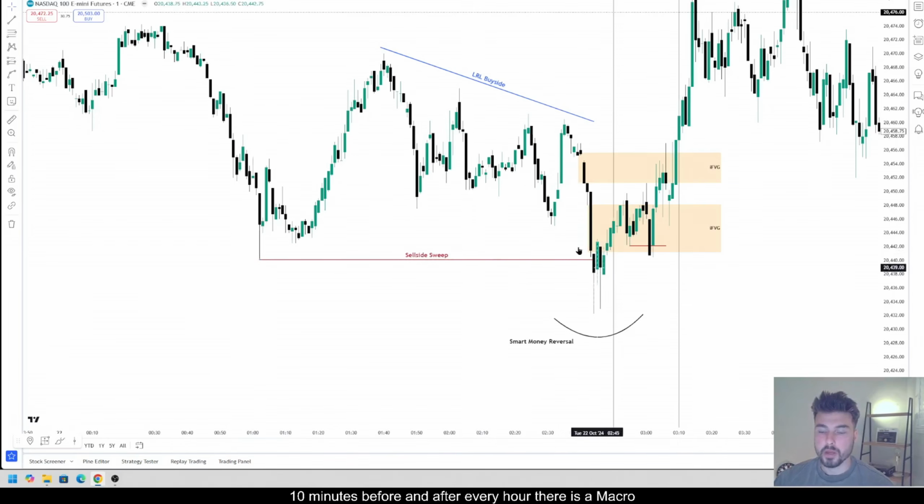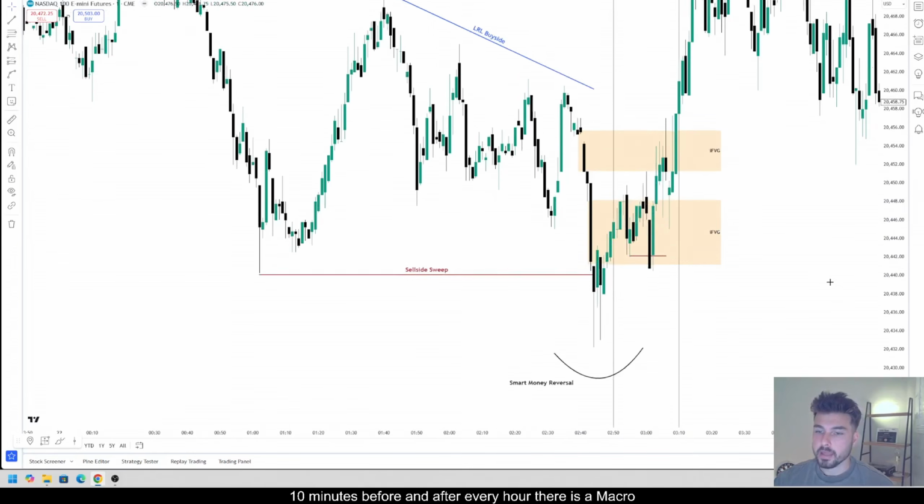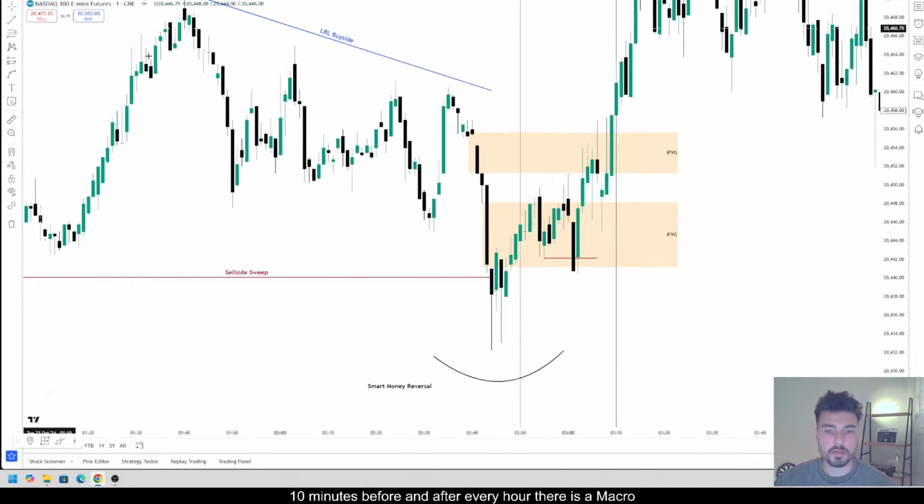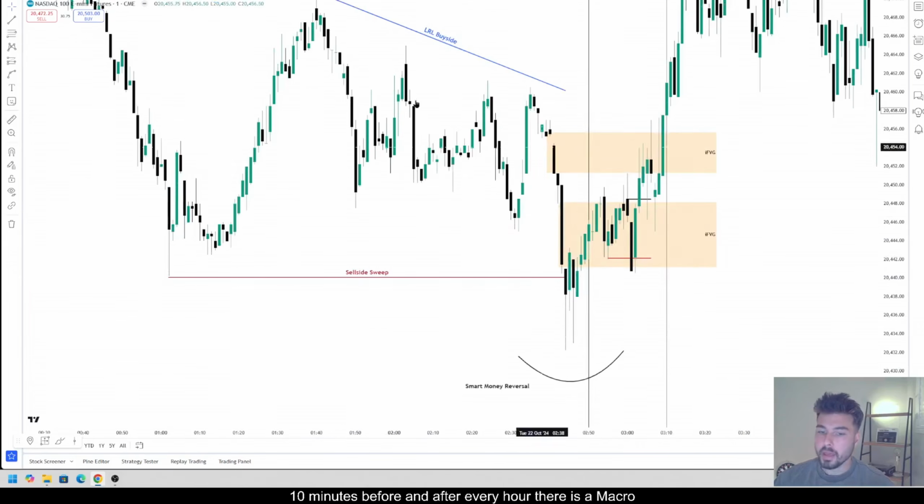We sweep that, and do we push through or do we reject? We reject, right? So we sweep liquidity, we reject, we accumulate here, we reject, we invert this fair value gap, we sweep more internal sell side, we push up. And this is what I like to call a change in the state of delivery. Above these down close candles, when we break above and close above, that indicates a change in the state from bearish to bullish. Paired with all this analysis and with the low resistance liquidity, again, you have to have a